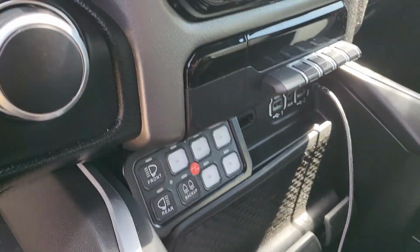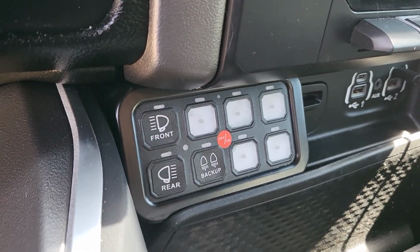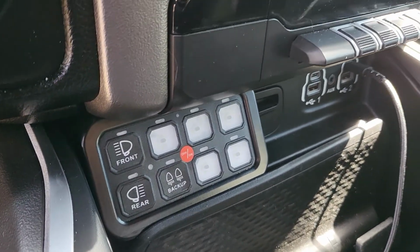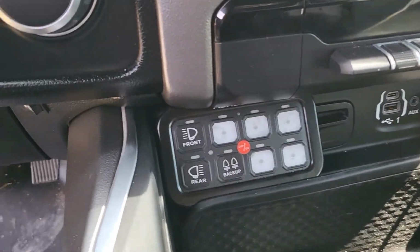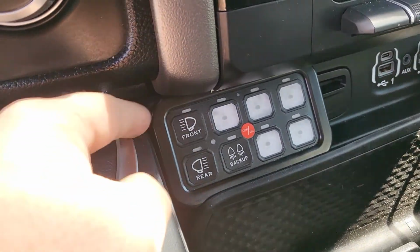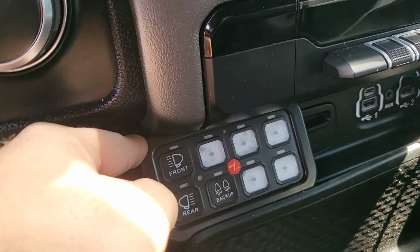All right, so a little information on the switch panel that I have. It's an Auxmeam switch panel. Just got it on Amazon. Just have it mounted here in my center console. This is a 2019 Ram, by the way, 5th gen, and it's just mounted in front of my